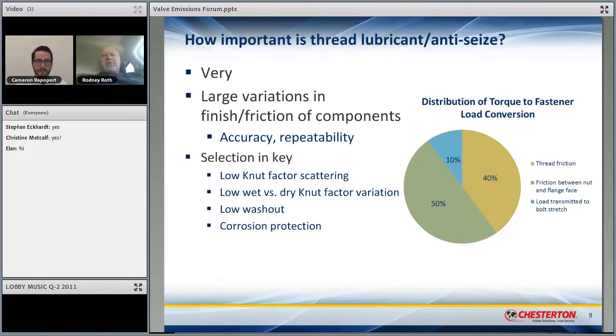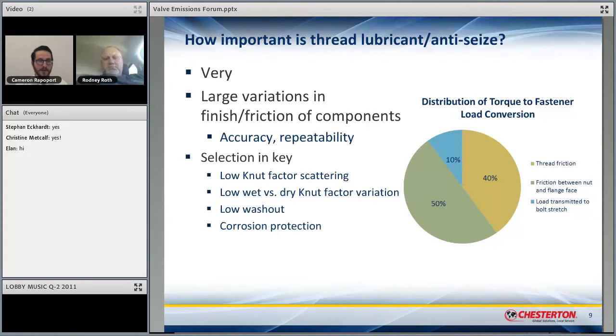Whereas there are a lot of other anti-seizes in the market that may have a wet friction factor of 0.15 or 0.16, which would be really low. And then when we get to the upper end, it could be twice that. It could be 0.27 to 0.32. And how do you torque that? And can the studs actually handle that additional load? So that's why it's most important. And more important in valves is because we're continually tightening valves, and we're continually adjusting the glands and the gland flanges to keep that load correct. And if we don't use anti-seize effectively, it'll never happen.